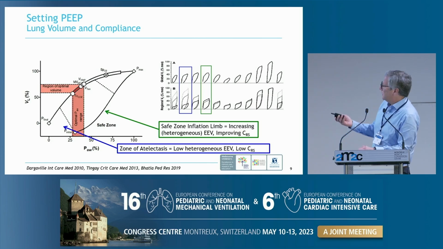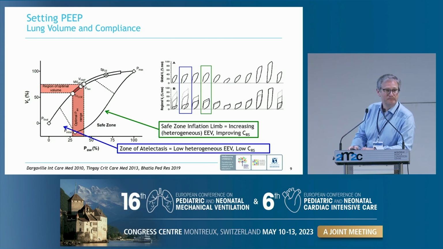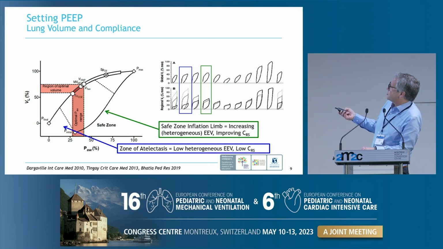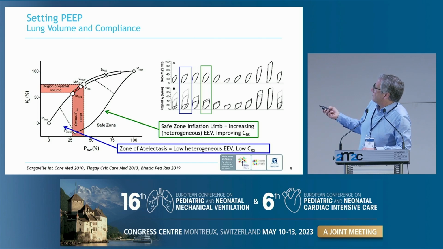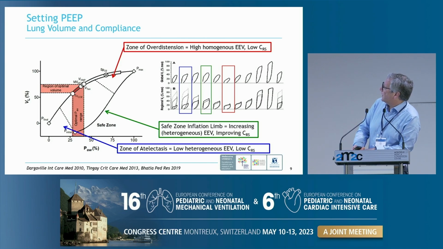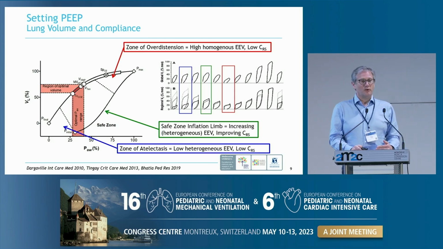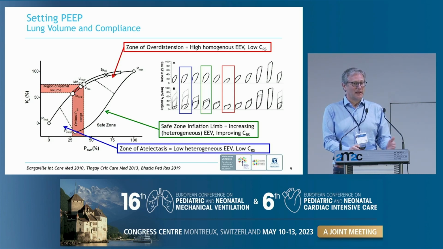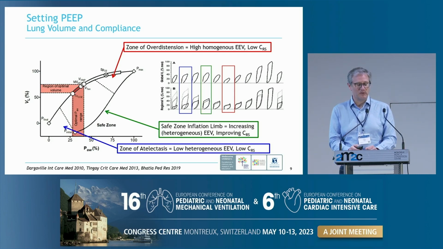So in this situation, and we've shown this in the animal lab, whilst we are worried about atelectotrauma, we're actually causing volutrauma in some parts of the lung. As Ines and colleagues took the PEEP up, you can see that the heterogeneity of recruitment becomes more homogeneous. You can see that lung compliance improves, but then you get to a point where your PEEP is too high and you start causing overdistension. We can see now we start to lose lung compliance and we start to lose tidal volume, but that loss is universal. So we've now got a homogeneous lung which is behaving badly. Before we had a heterogeneous lung which was behaving badly.